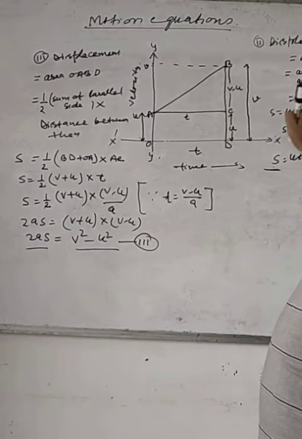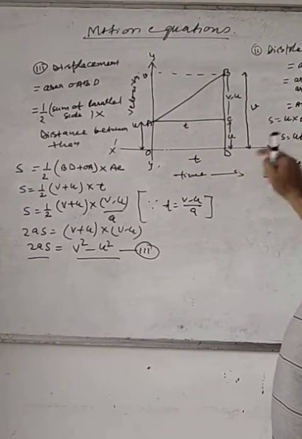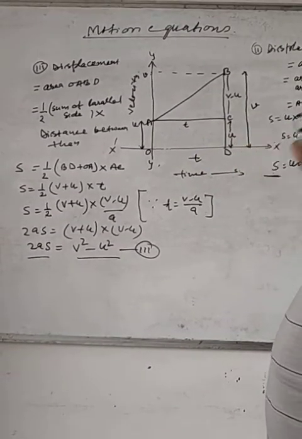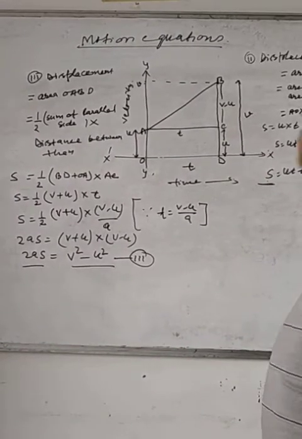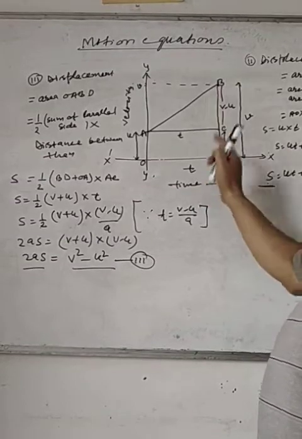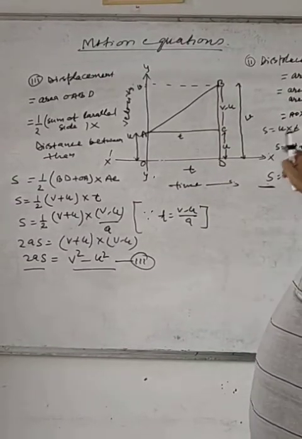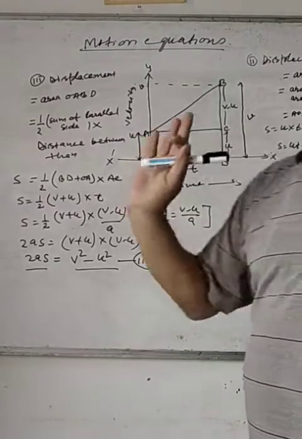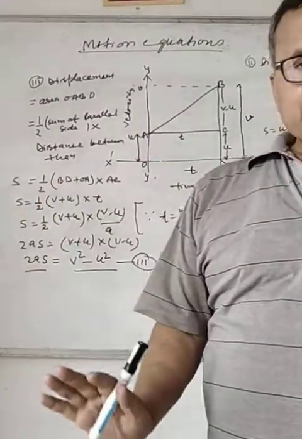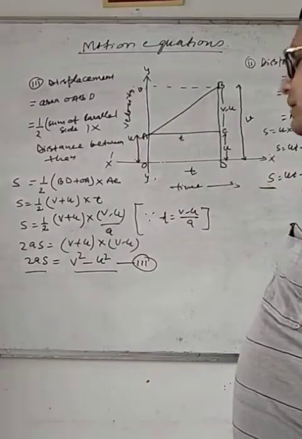Area of a rectangle, that is length into breadth. Area of a triangle, half AC into BC, that is base into perpendicular. And then obtains the formula S equal to UT plus half AT square, and it gives the relation displacement time